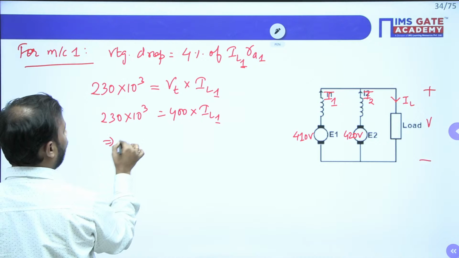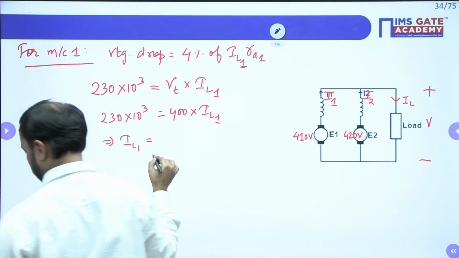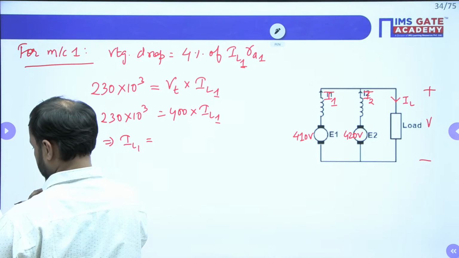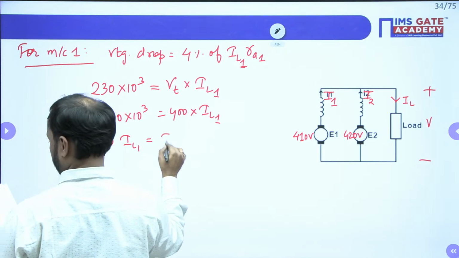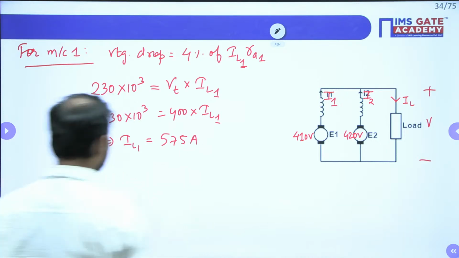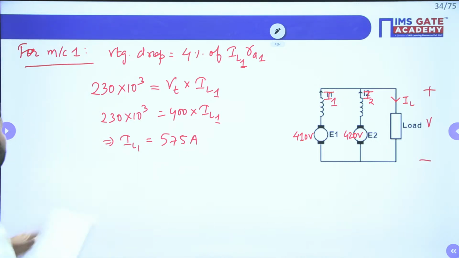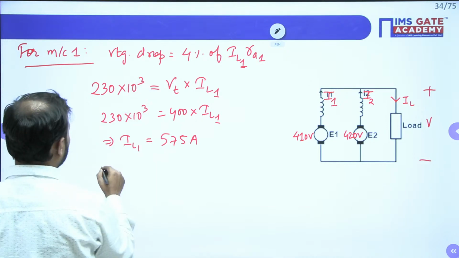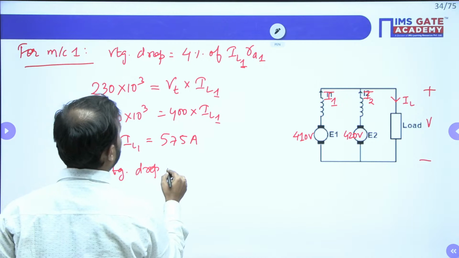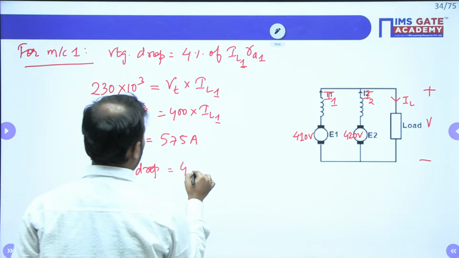So from here IL1 is equal to 575 ampere. If you solve this, you are going to get this value. All right. So the voltage drop now becomes 4% of